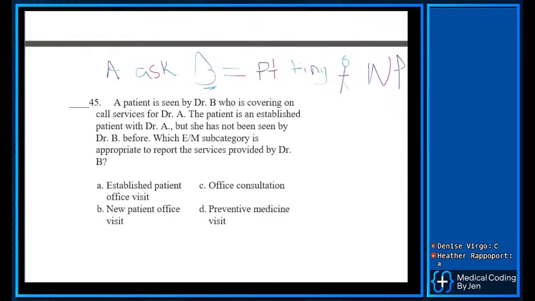But for it to be a consultation and for you to pick out C here, that means that Dr. A asked in writing for Dr. B to see their patient about one tiny little thing about their health care. One tiny thing. I'm going to take care of their diabetes, their blood pressure, but I want you to take care of their COPD. That's what I mean. Dr. B, in turn, is going to see them for that tiny little thing and write a letter back to Dr. A